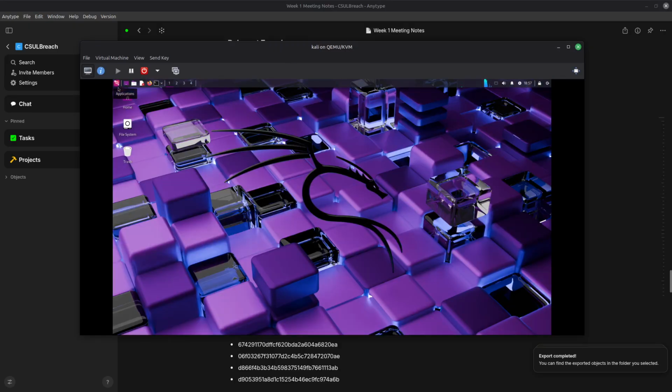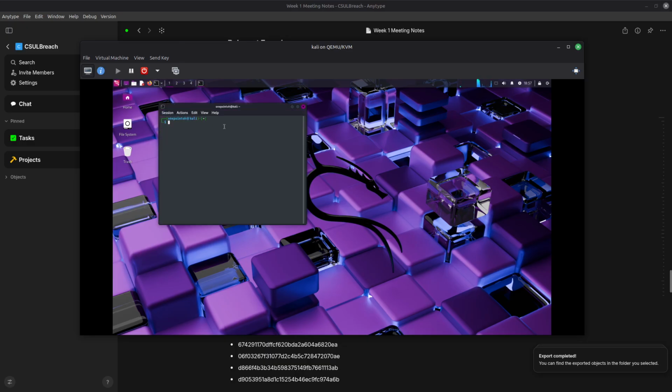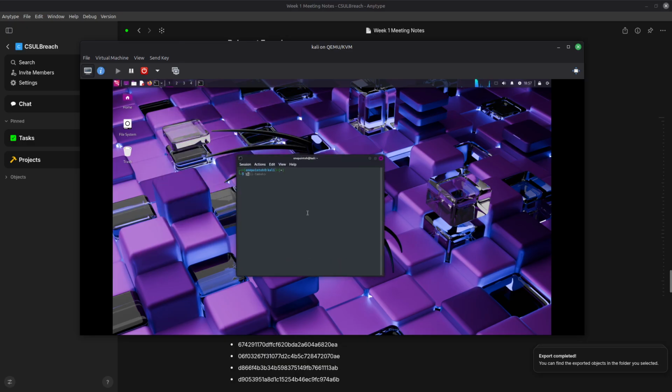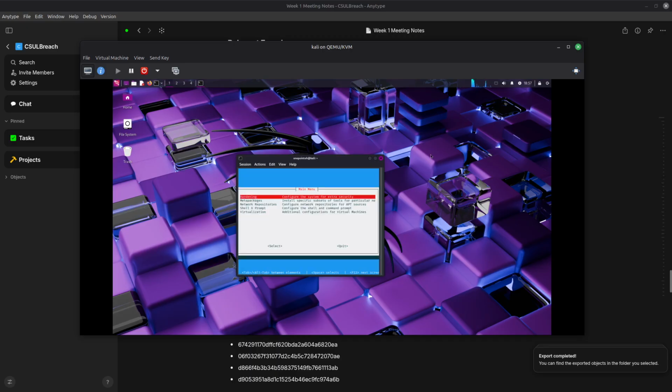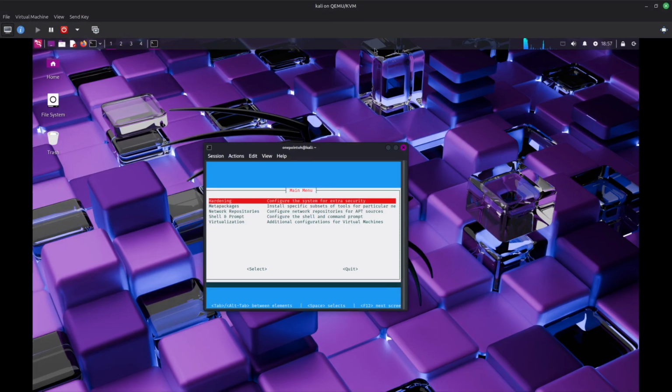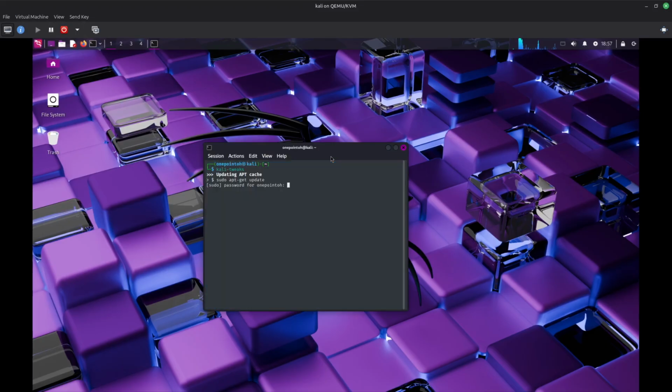I have all the tools available. Now, this specific installation of Kali Linux is using a meta package called Everything. What that basically means is I have installed every single possible tool that Kali Linux has to offer. So if I go to the meta packages here,